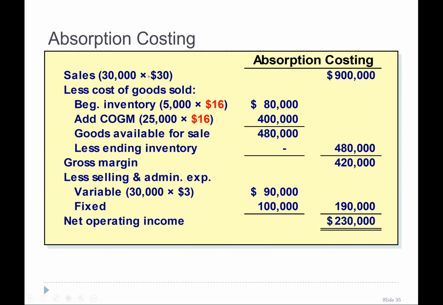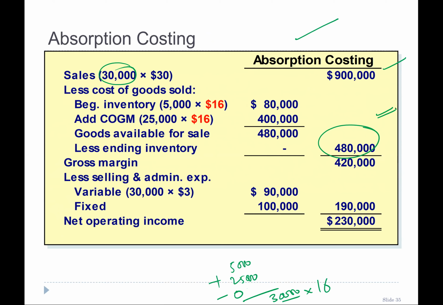Now let's make the absorption costing income statement. Sales, now we are selling 30,000. Our sales are 900,000. Less cost of goods sold. Now cost of goods sold is equal to beginning plus manufacturing minus ending. We don't have ending, we do have beginning. So beginning plus production minus ending, answer is 30,000. 30,000 multiplied by the absorption costing per unit cost of 16. Answer is